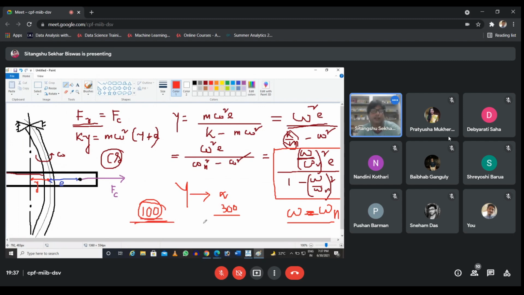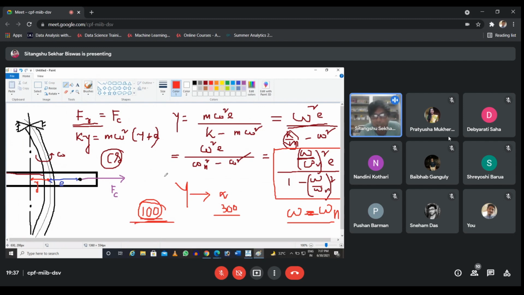Those who ride bikes, say old bikes or heavy bikes, naturally you can tell the old Bullet bike, when it is at low RPM, your entire bike will be experiencing more vibration. But if it is running at high speed, high RPM, the machine is rotating, it will not happen. That means at some low frequency, this kind of resonance is matching with the natural frequency or the critical speed of the shaft. So this is the concept of the critical speed.